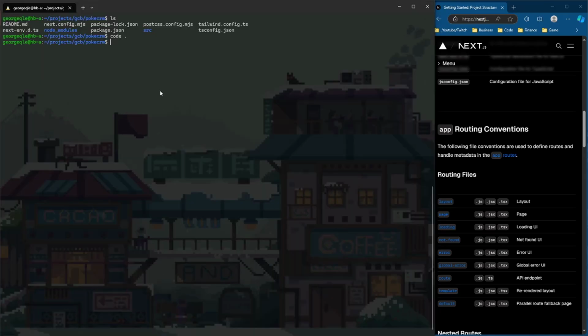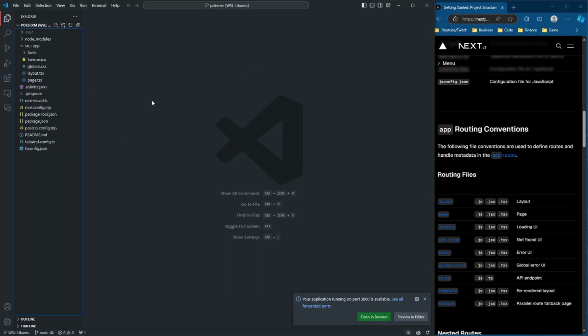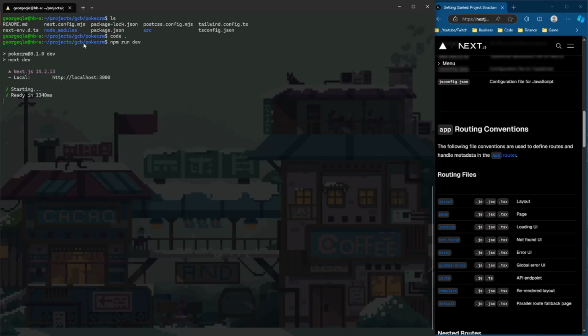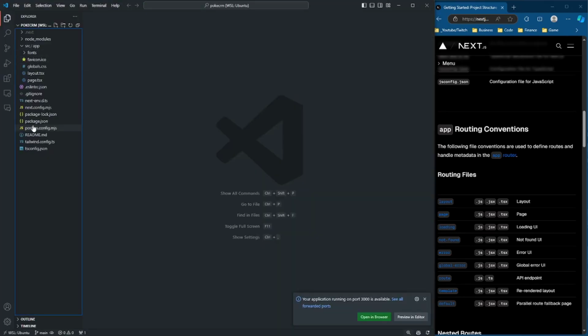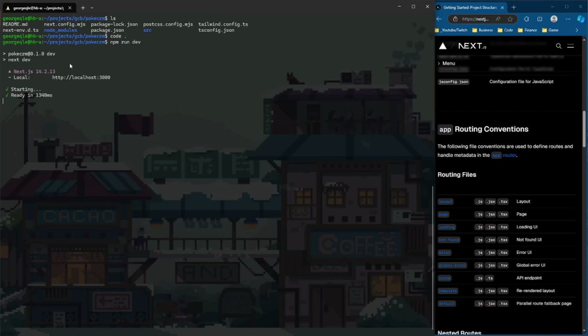go back to our terminal here and run a simple command, npm run dev. This allows us to basically run the code that's within our directory, right? Within our poke CRM, we can see here within our VS Code. And so you can see here that we basically created a little local server. So this website here,